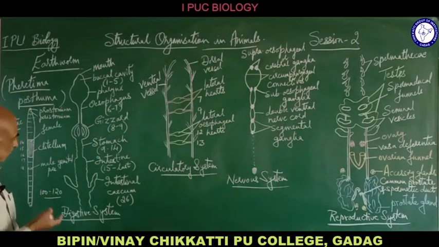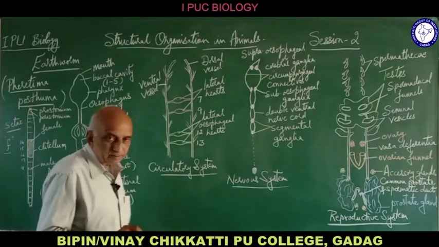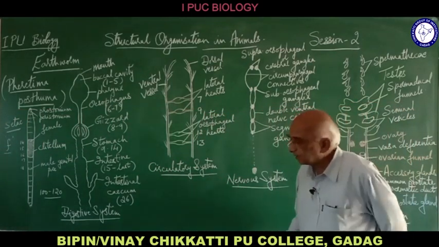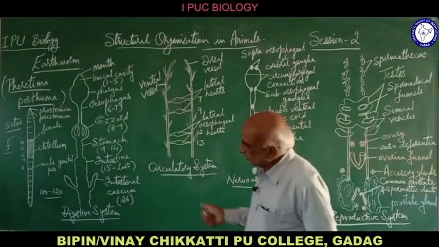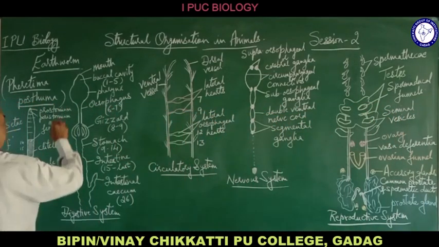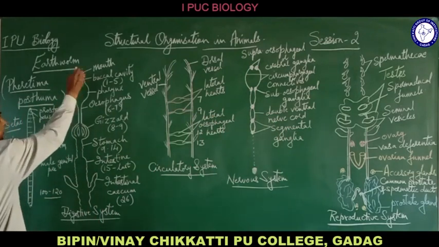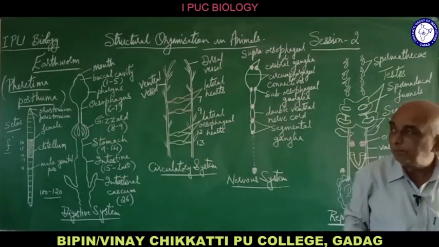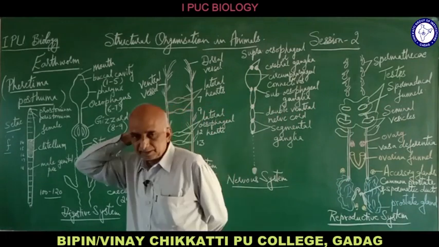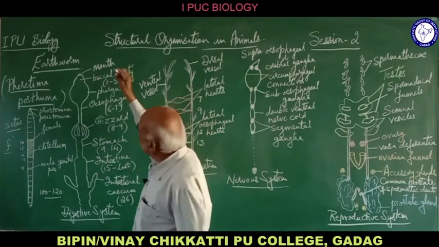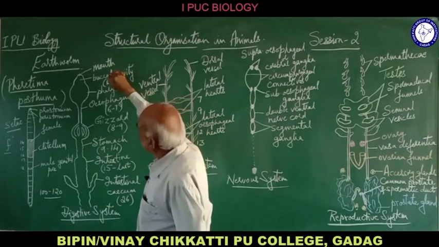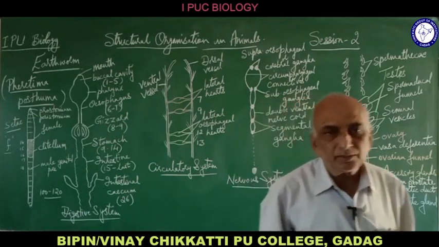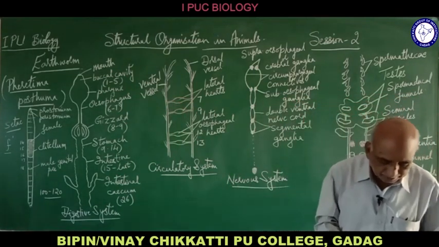Now coming to the next: the digestive system, then the circulatory system, nervous system, excretory system, and also the reproductive system. Now in the digestive system, the mouth, which is present in the prostomium, opens inside a small cavity called the buccal cavity. The buccal cavity is somewhat broader, and it occupies the first to the fifth segment. That is where the food particles or the soil particles enter, and then